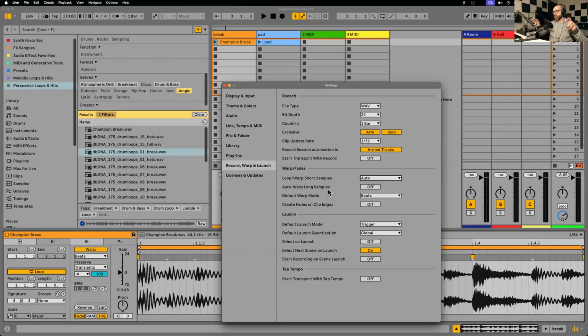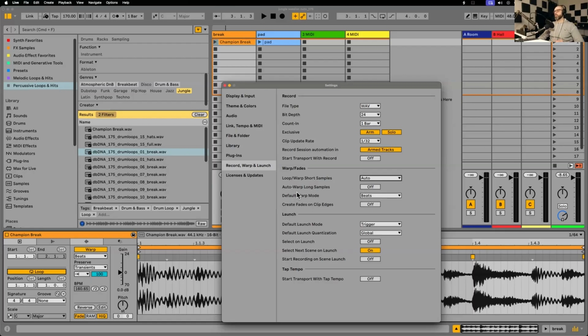Another setting here, while I'm here, it's worth mentioning this auto warp long sample setting. So a long sample, again, I don't know the exact cutoff point here, but a long sample is going to be something like a full song. Maybe you're doing a DJ set or something like that. Or like I said earlier, stems, if you're doing a remix and you got a bunch of stems from an artist that are the full length of the song. So a vocal stem that's 3 minutes long or whatever, and a bass stem and drum stem. I would say leave this off if it is on. I know the default setting is to have that on. Leave this off